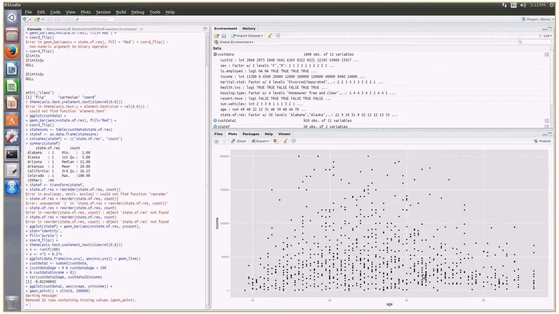Like in age of 60, the income rate equals to 1,50,000 or more. So we can see this is a scatter plot, and it's a brilliant graph that shows that